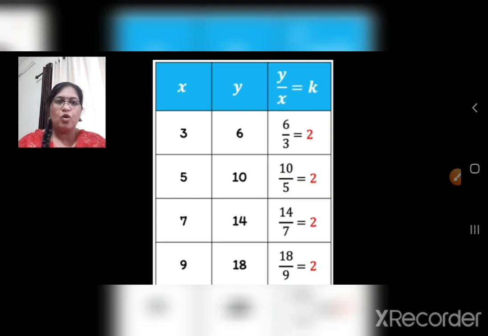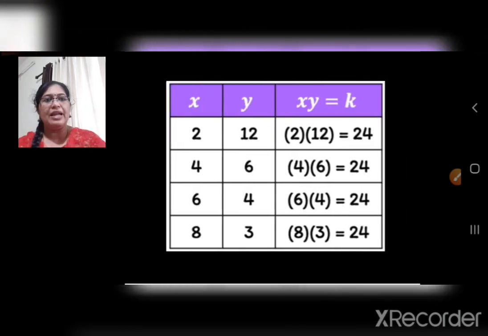y by x. Okay? Two different quantities, when we divide them and get a constant, then x and y are in direct proportion. These quantities are in direct proportion. Okay. Now let us see how inverse proportion comes. Here, y by x, when you divide, you get a constant. It is division, direct proportion.